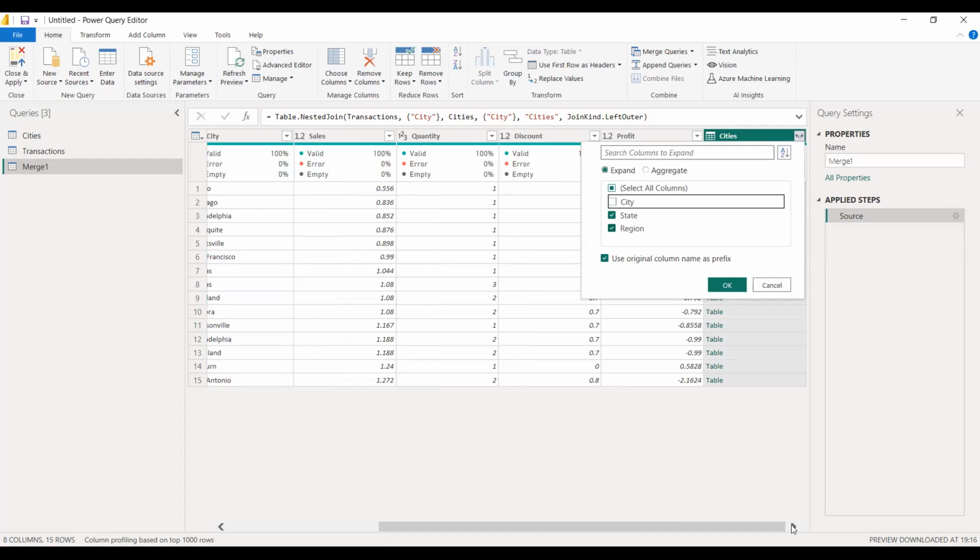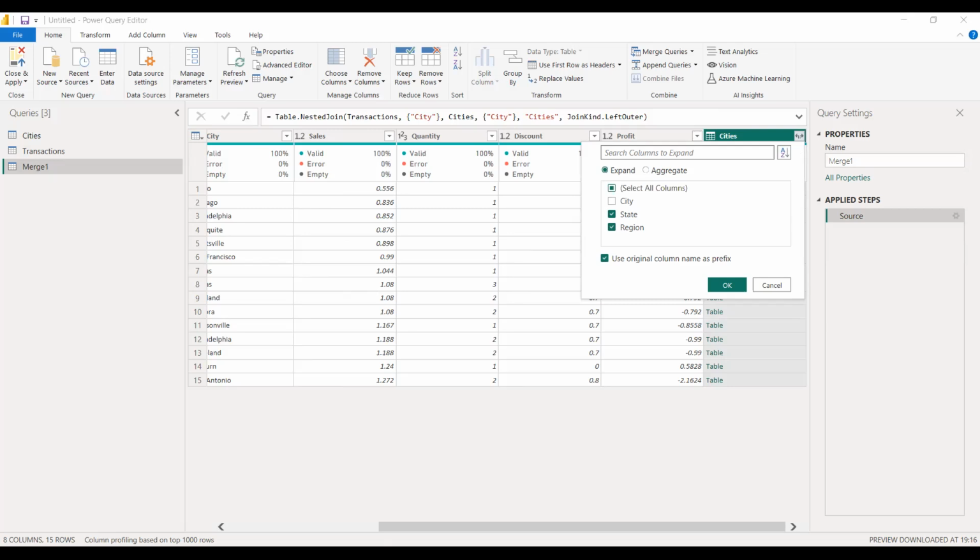That means if you're not in class when we did the first two lessons or classes on merge, we want to bring in our state and region now. Like I said here earlier, we are bringing state and region. So that's why we have to select